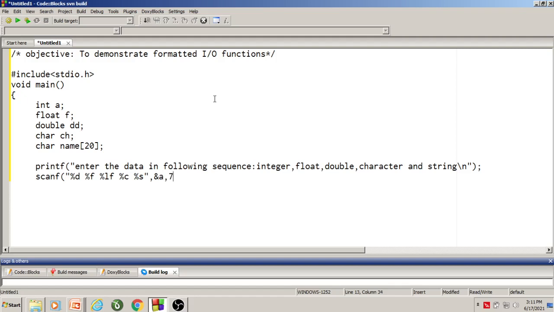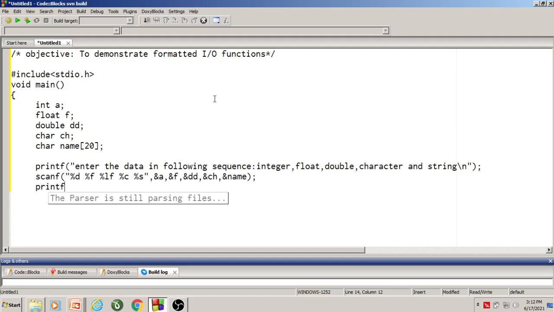Ampersand A, comma ampersand F, comma ampersand dd, ampersand ch, comma ampersand name. So this step will read different types of data entered from the keyboard, and it will store that information in the respective memory locations.